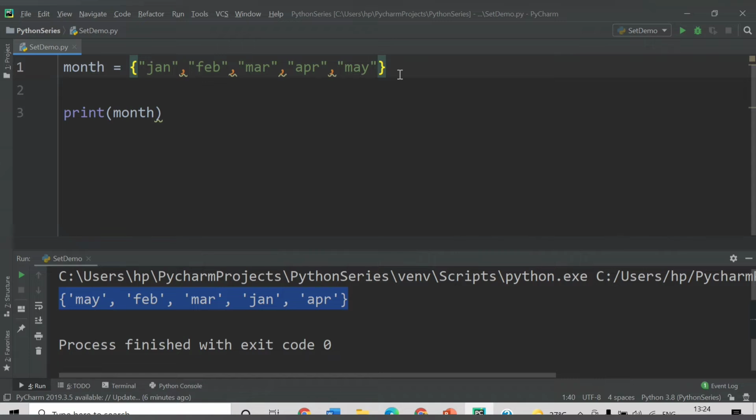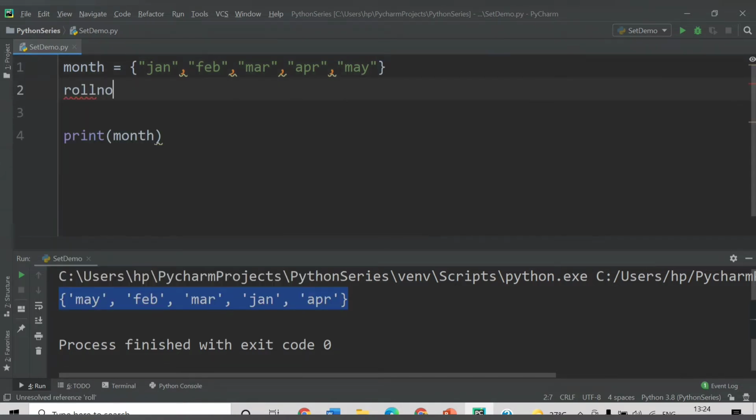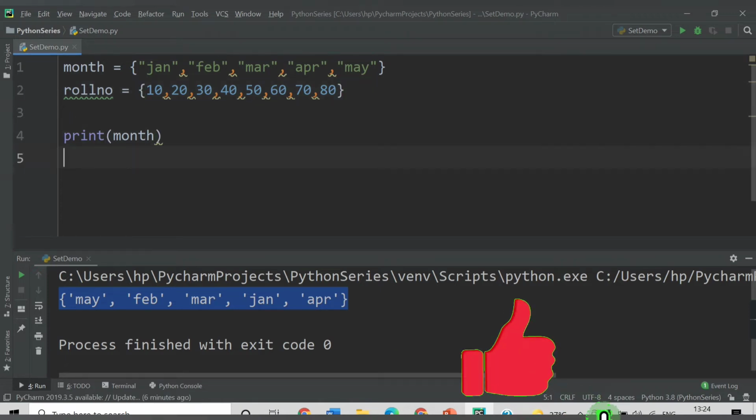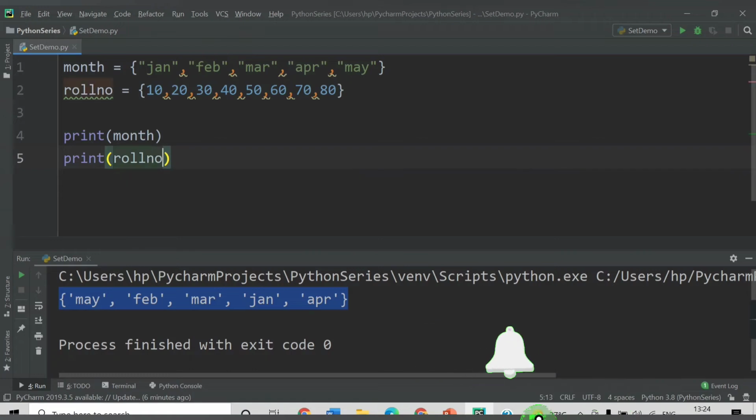So let us declare another set here, let's say roll number, and here we declare some values in it. Let's have integer values now: 10, 20, 30, 40, 50, 60, 70, 80. And if I try to print now, print roll number, let's save this.